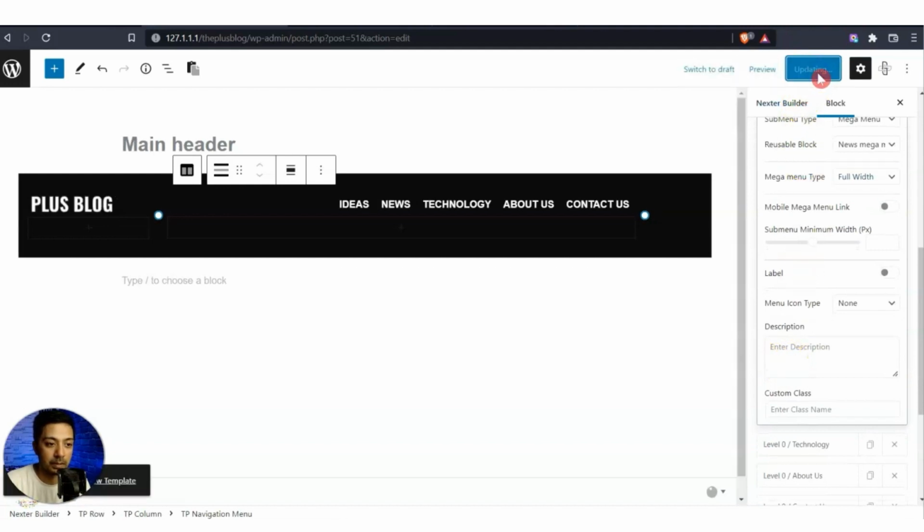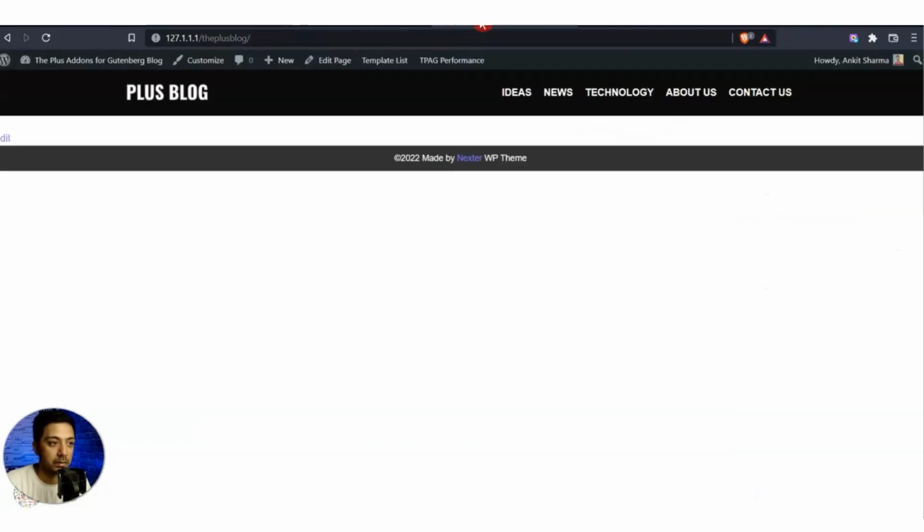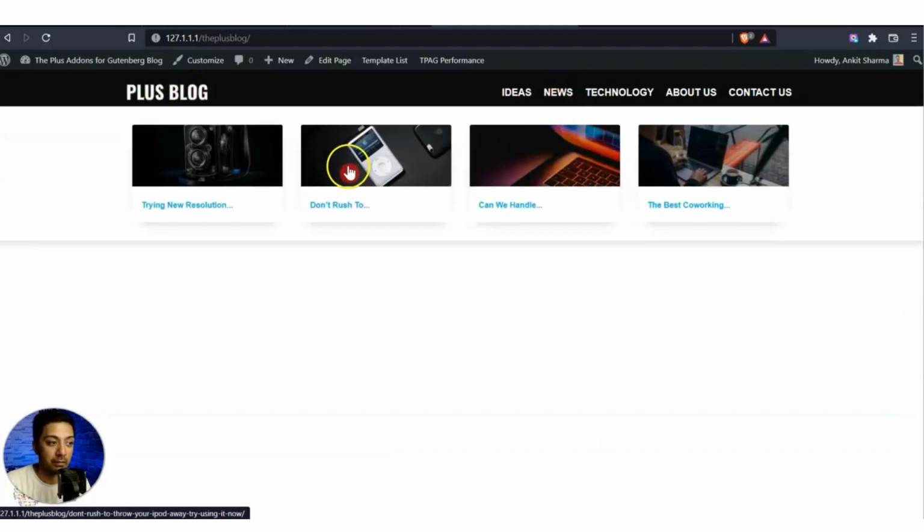And let's update this here. And let's refresh the front end. So now we have our header with 2-column layout. We have the logo on the left and we have the navigation on the right. And if we mouse over on the news section here, we can see our mega menu as well. So we can go ahead and play around with the style of this post listing block and create any kind